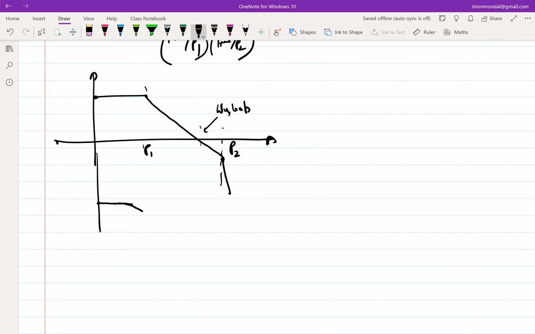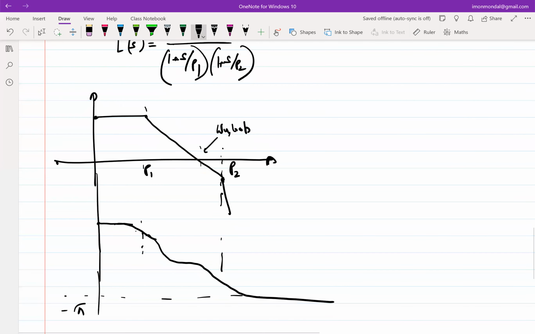Around P1, you'll have minus pi by 4, something like this, then something like this, and it will settle at minus pi. So the corresponding Nyquist should look like